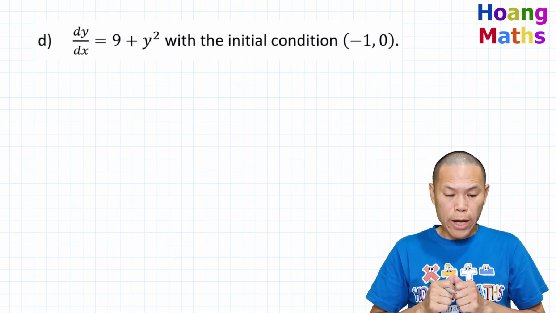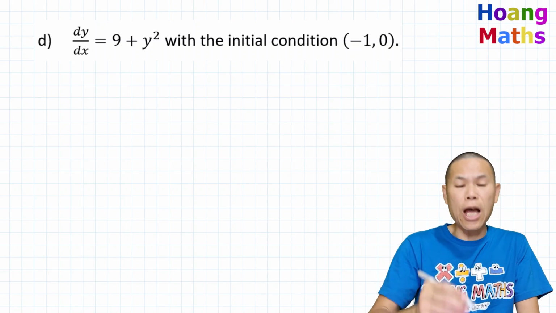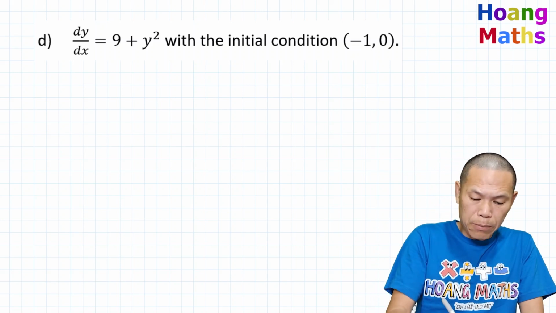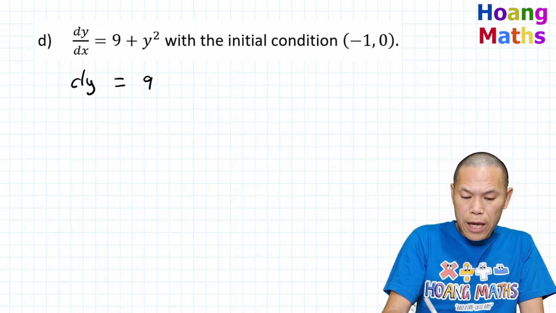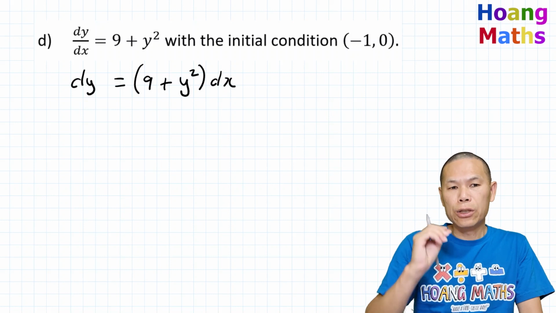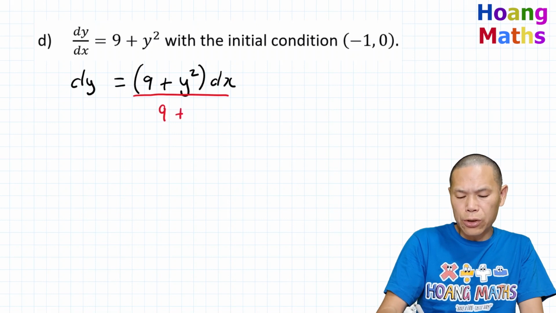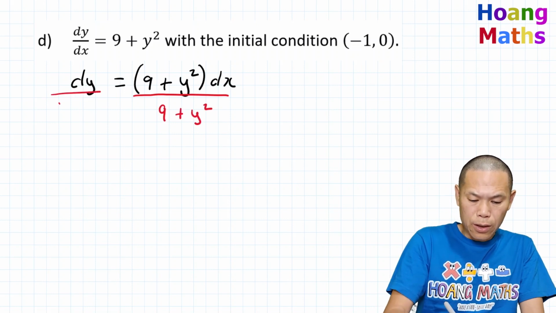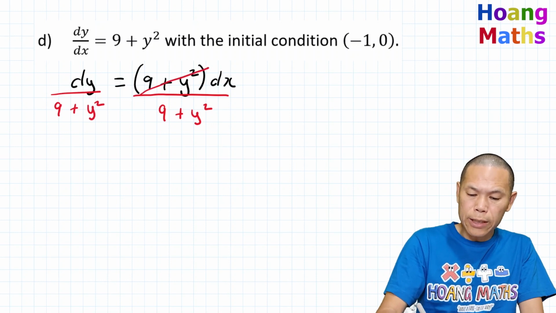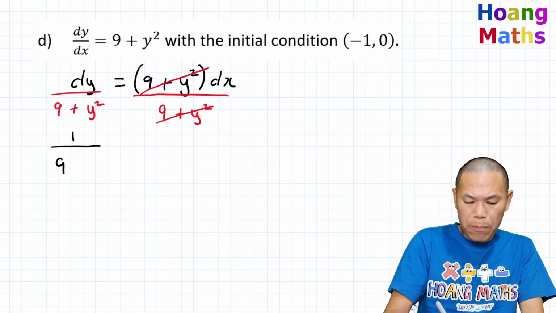Last one. So again, we need to separate dy with the y functions. So first thing is I multiply by dx on both sides. So that becomes dy is 9 plus y squared dx. Of course, we need to bracket this because a whole lot times dx. So now I just divide by 9 plus y squared on both sides. So that cancels out. So this is exactly the same as 1 over 9 plus y squared dy is